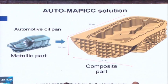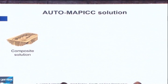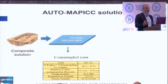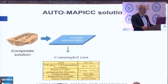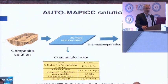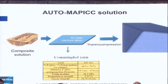Also in the project, there are some colleagues who aim to develop the modeling and simulation aspect of the project. So they help us to define the exact profile of the final part, the composite part. Of course, there are some adaptations because what you do with a metallic solution, you cannot do the same in composite, and inversely. So this composite solution was done thanks to the idea of developing a flat 3D warp interlock fabric. After that, this fabric was made only of commingled yarns of e-glass plus polypropylene. So one industrial partner was engaged for doing this application. And after, we have formed this 3D warp interlock structure into a 3D shape